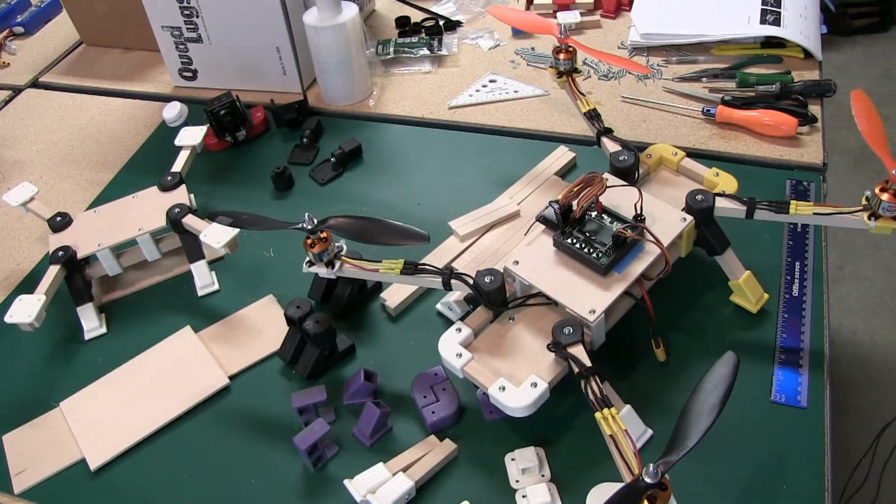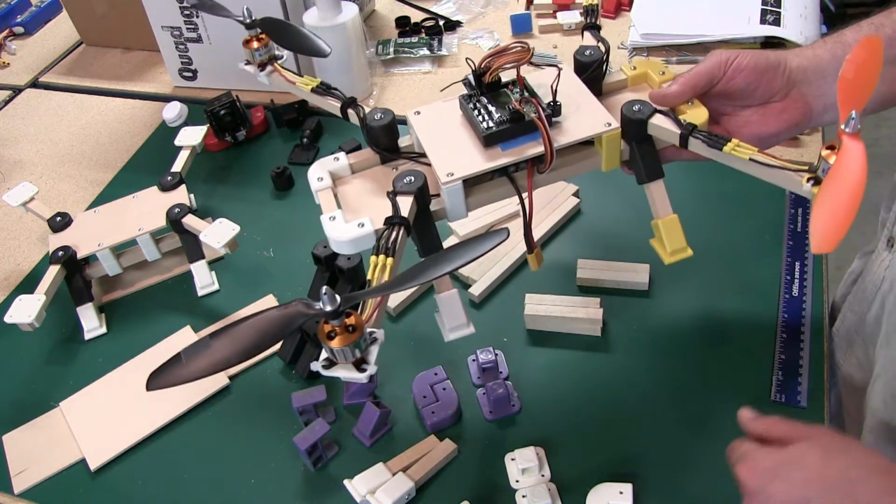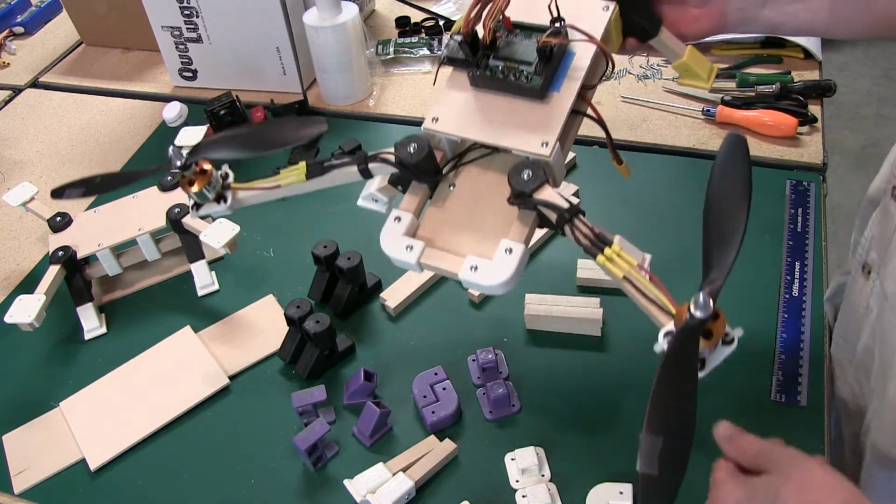This is Danny with QuadLugs, and I just finished a build of the modified H540 frame kit, and it's in one of the new colors, which is yellow. And this is going out to